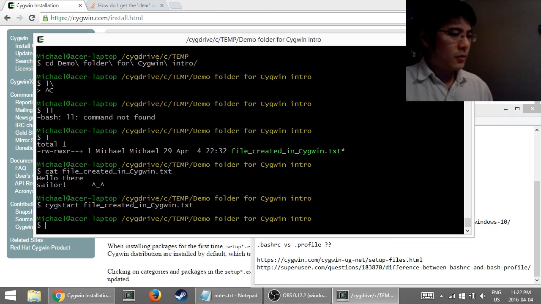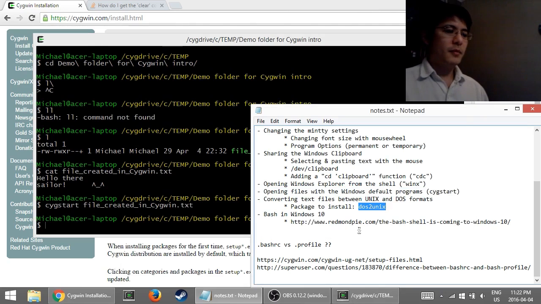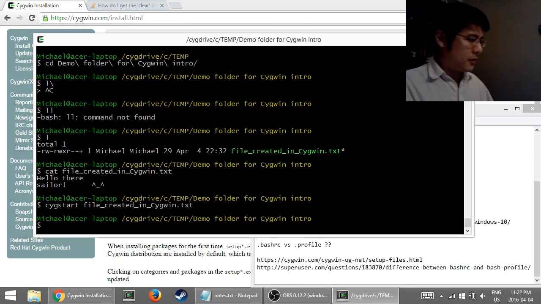So some other tools that you're probably familiar with are dos2unix and unix2dos. And how do you get those? Actually, I'm not sure if they're a default package in the Cygwin basic install. Maybe not. If it isn't, then dos2unix is the name of the package that you'll need to install, again using the Cygwin installer setup program, and then you will have that. So you will be able to do your conversions. So for example, unix2dos